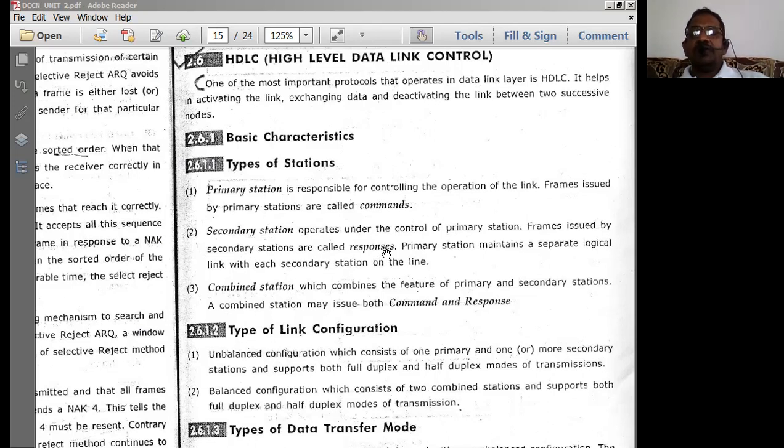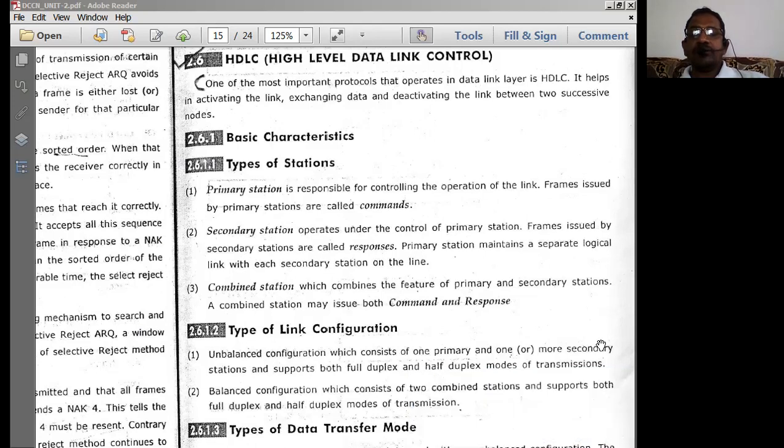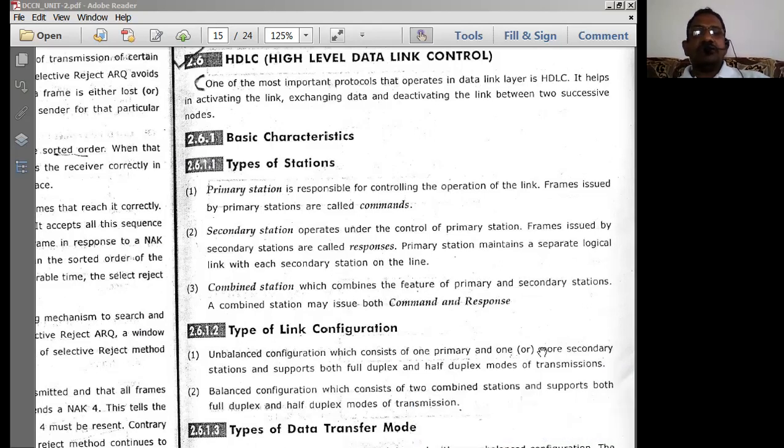So the primary station maintains a separate logical link with each secondary station on the line. Every primary station maintains a separate logical link with each secondary station on the link.